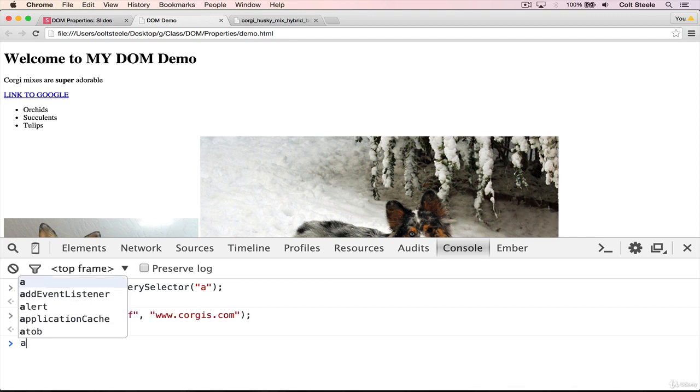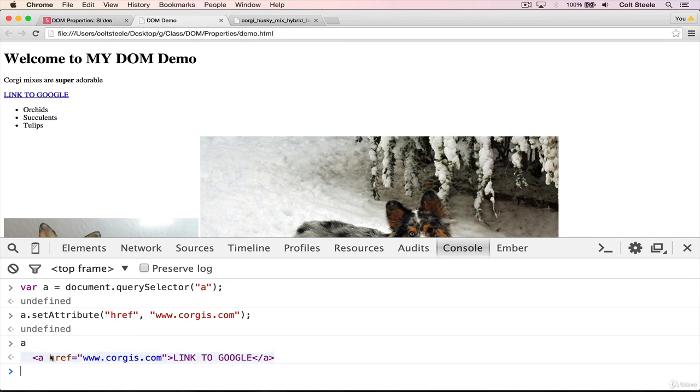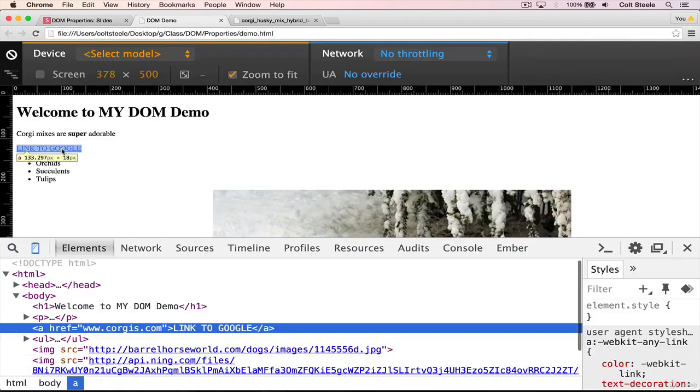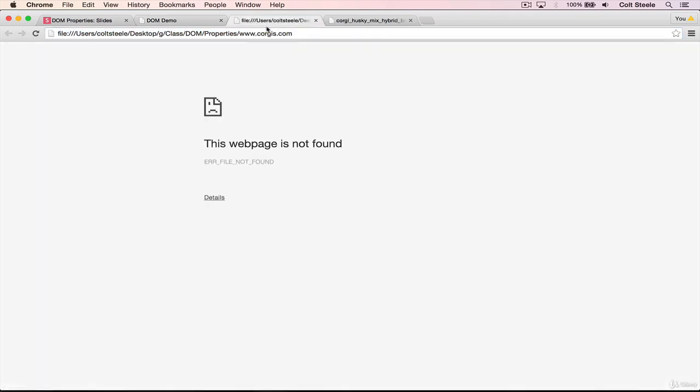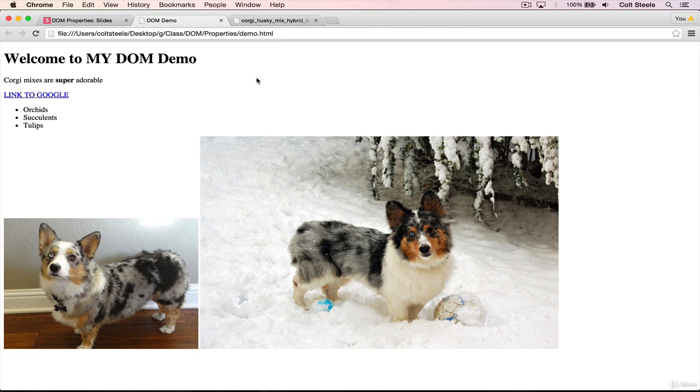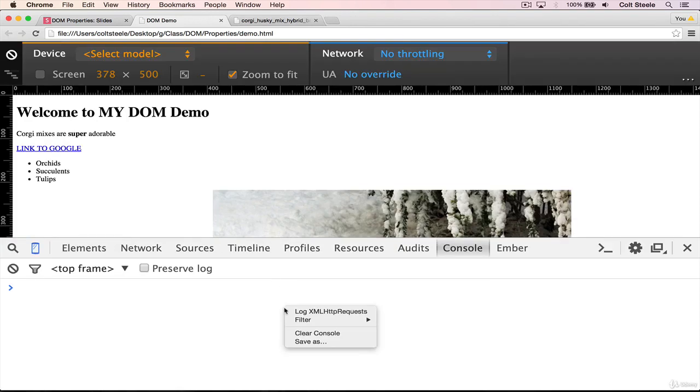And if we look, first of all, at the a tag, you can see the way that it's represented to us in the console, it's changed to corgis.com. If I inspect it, href has changed to corgis.com. And lastly, if I click on it in a new tab, it takes us to www.corgis.com, and you'll notice it didn't actually take us to the website corgis.com. It tried to do it as a relative path. So to fix that, if we wanted it to actually go to the website corgis.com, which I'm not sure is a real website,